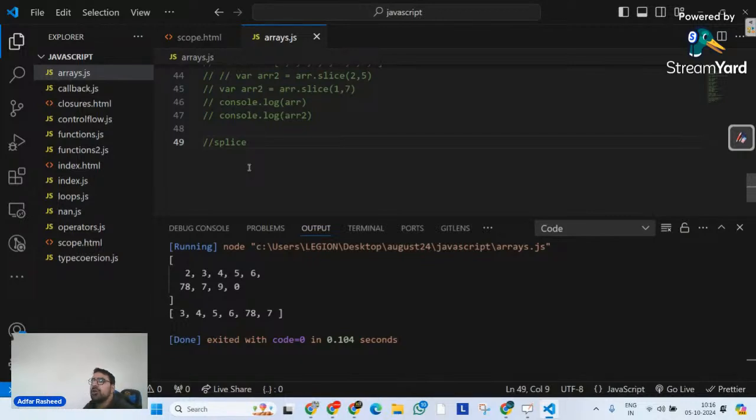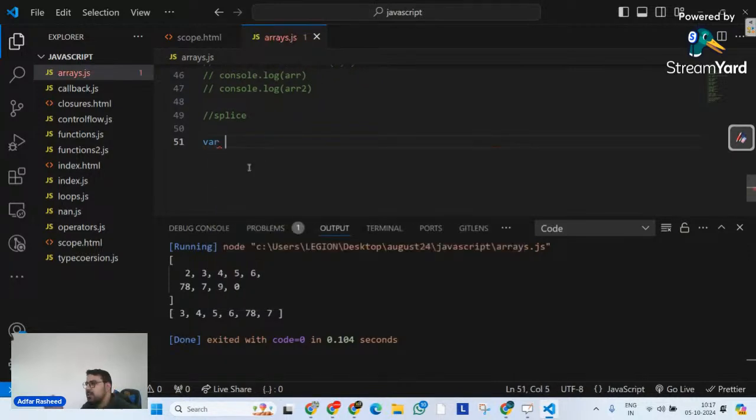In that particular case, we have a method called splice method. The method that we actually use is splice method. Let's try to understand what splice method is. And this is one of the best methods that you can actually remember. Until now, whatever we have learned, everything can be done with the help of this method on arrays in JavaScript.